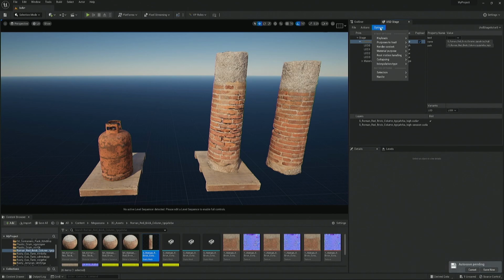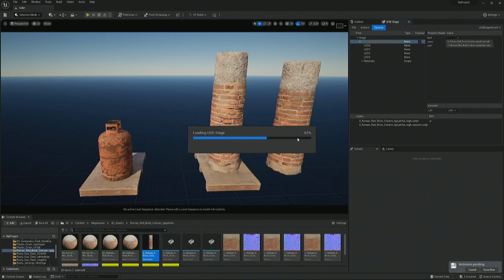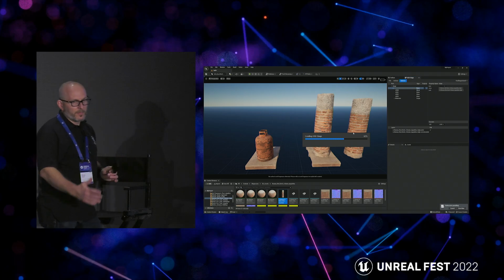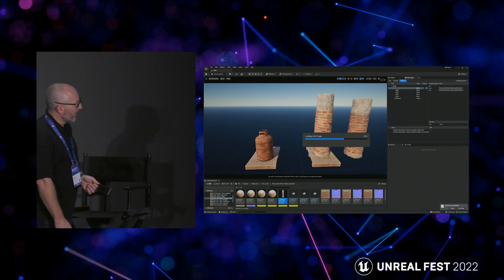So then what I've done is here I'm changing to universal, and that's changing it to the context where it's using the baked out materials that you've written out. So it's using USD preview surface now, and the textures that were baked.